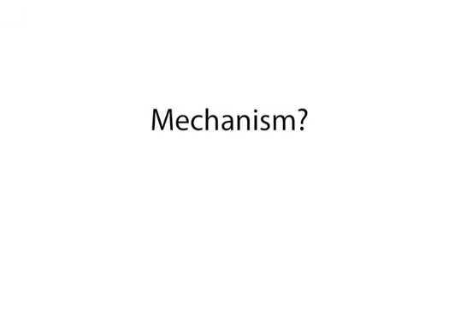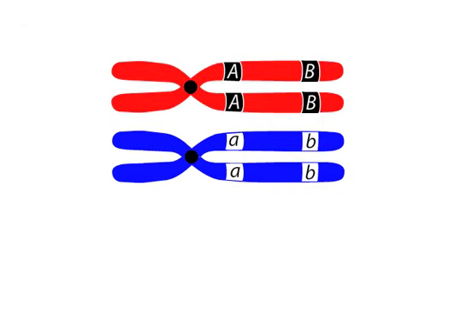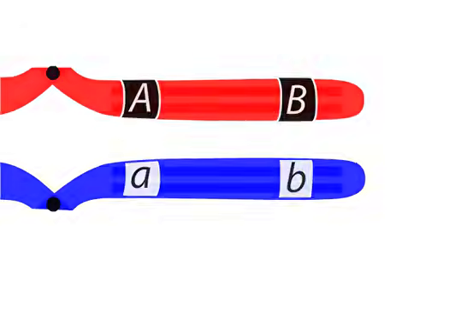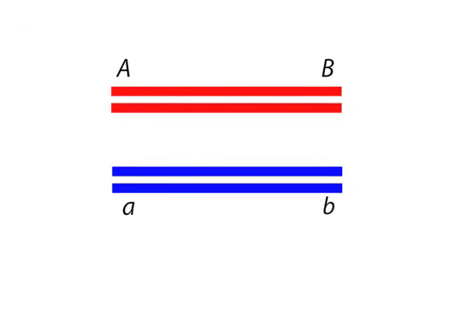What's the mechanism of this process of shuffling genetic information? When maternal and paternal chromosomes pair in a nucleus and two aligned chromatids interact, it's the DNA that undergoes recombination